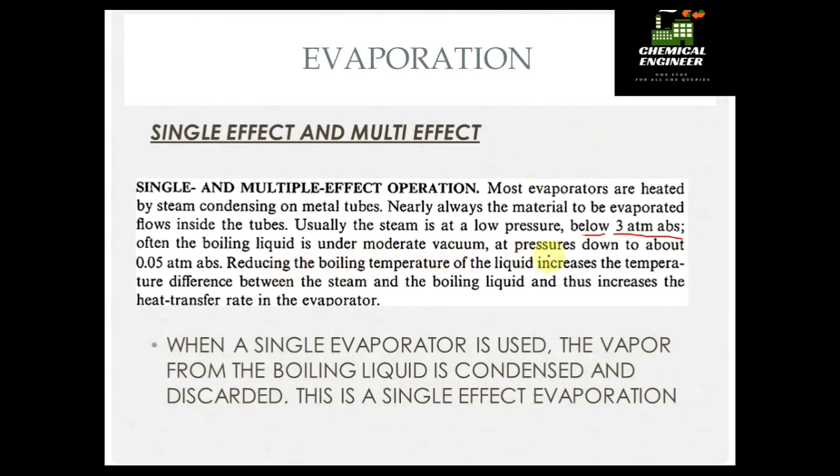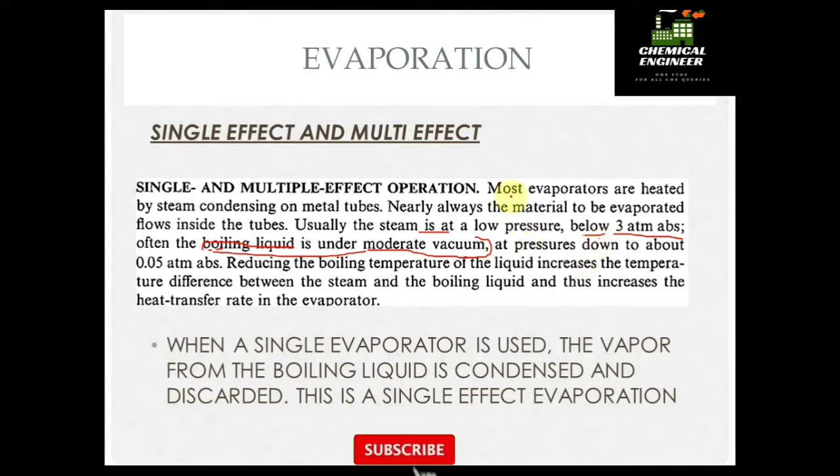So that will create a, that is, the boiling liquid is under moderate vacuum. Okay, so that is how steam is created at 3 atmosphere. We will discuss in the subsequent videos what are the different types of steam that are used in